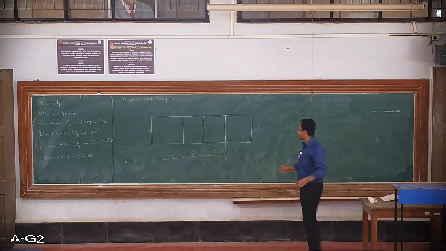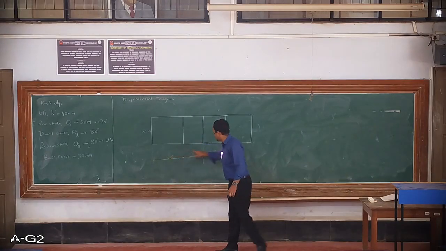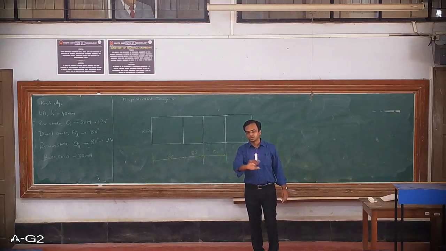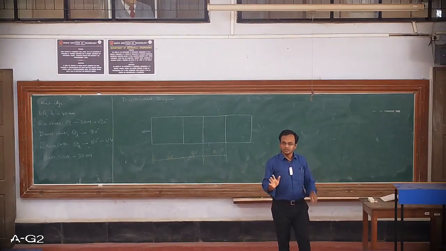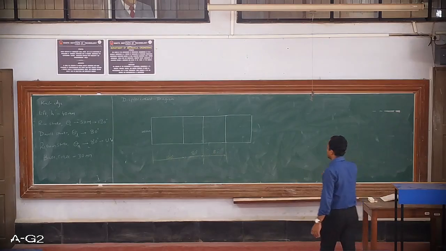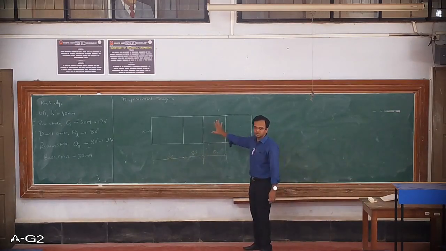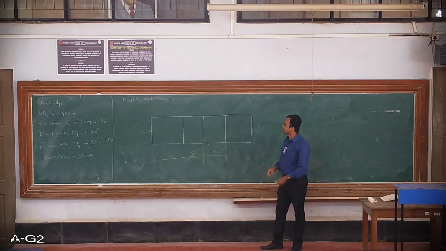See the scaling of this, if you are getting confused, I'll clear it once again. The scaling of the width of this rectangle is totally left up to the user. Depending upon the size of the book, you can choose the appropriate scale. Only suggestion is try to draw it as big as possible so that it can cover the entire page. Is it clear? Okay, done.